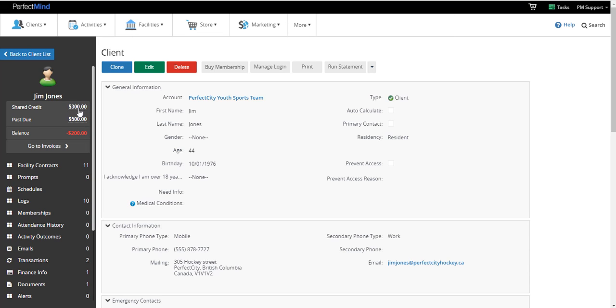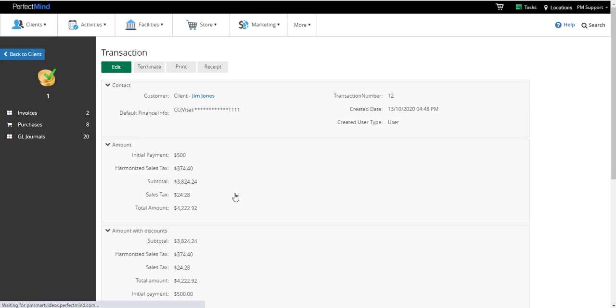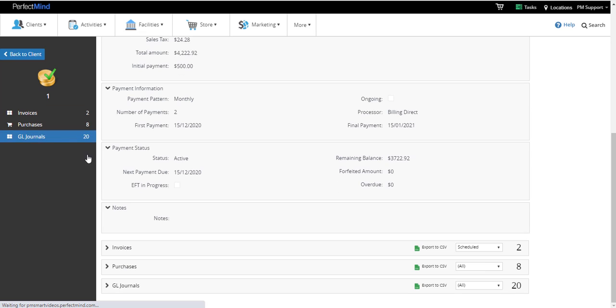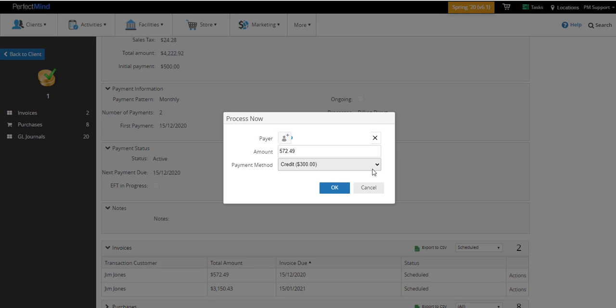We can go and apply that $300 to the December bookings. So let's go and repeat this step. We'll go back down to the transactions to see our updated transaction. And you can note here that the original contract is considered terminated, but the new contract with the added dates is now considered active. We'll click on this, scroll down to invoices,